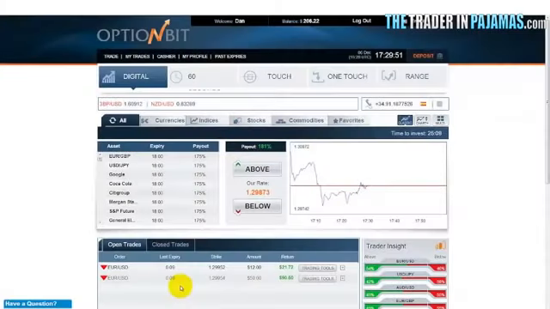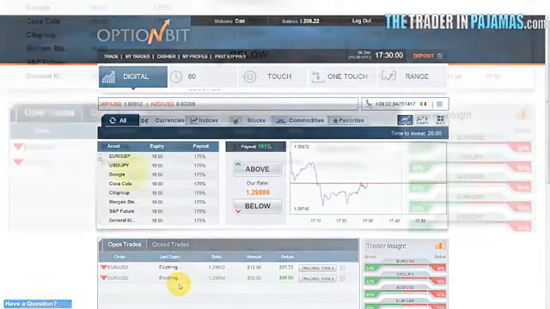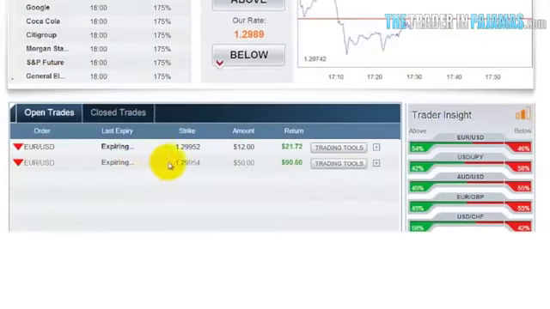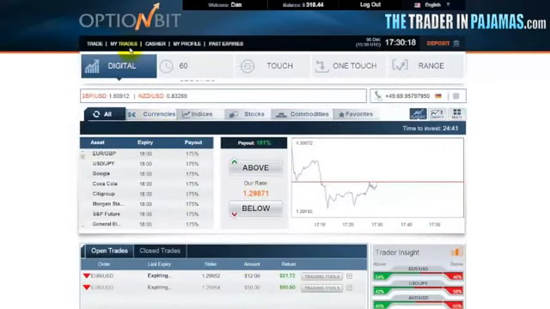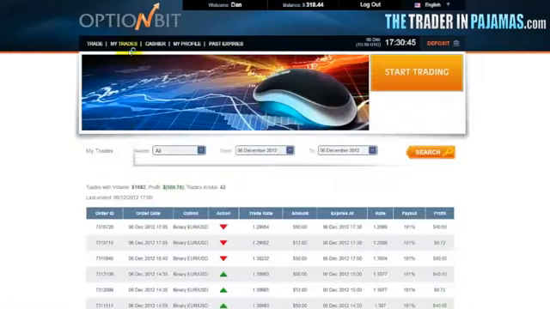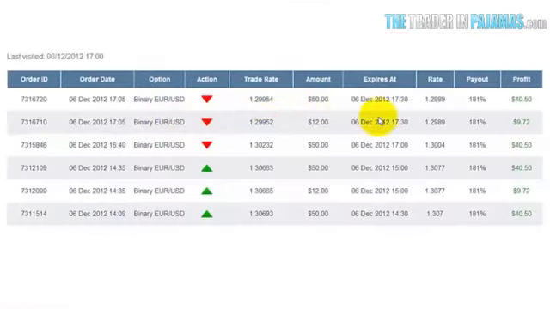All right, we're back half an hour later, and I've opened 2 more trades, and these trades are about to expire. Again, we'll wait for the time to count down and watch for the return to show up there in green. All right, now notice I've gotten a return of $21.72 and $90.50 on these $12 and $50 trades, respectively. So the majority of traders were right yet again. Let's click on My Trades up here to show you how these trades have come in. So you can see all of my trades over here and the total profit I was able to generate today,